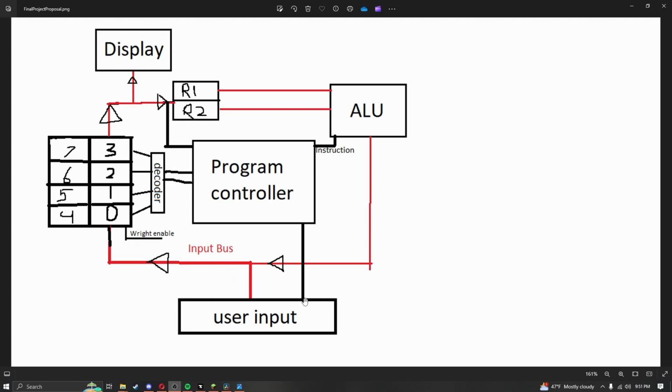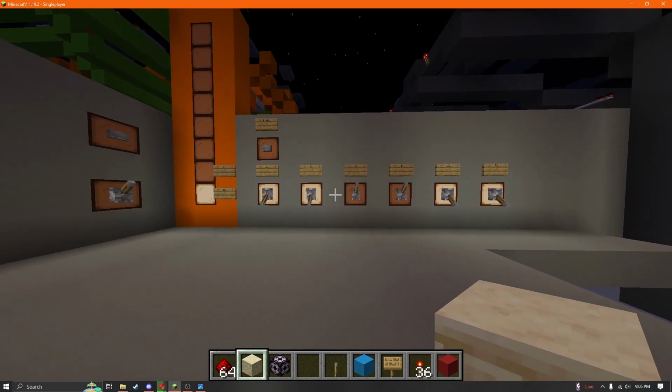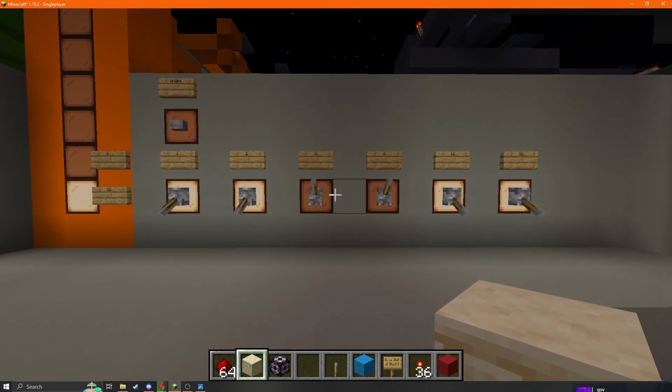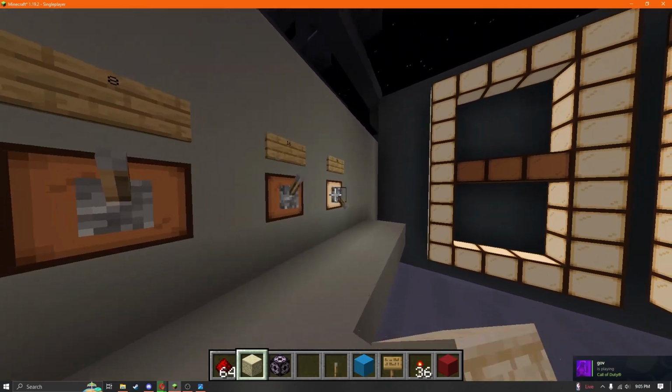And for user input, we're going to have systems as well that work with the controller to decide whether we're using input or ALU to put onto the input bus. There's a whole bunch of little quirks and control circuits that we need to use. But this is the basic idea of how a stack calculator works. I think the best way to do this is give an example of a calculation going through and showing the parts and pieces. So let's start by